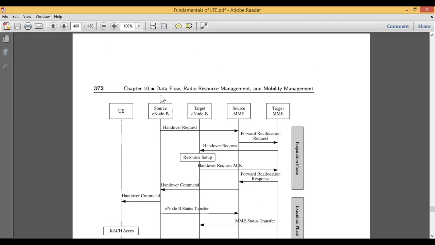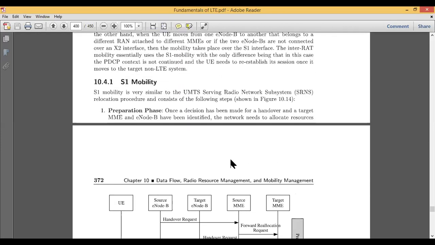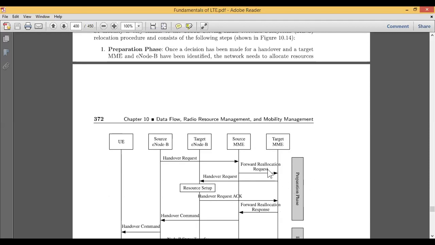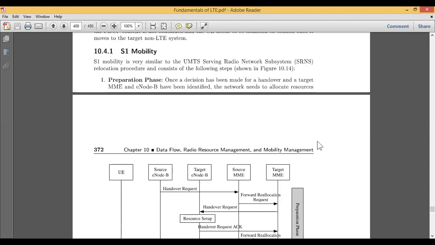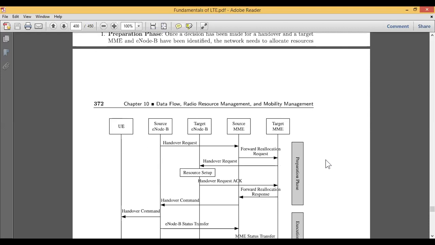Now when we go into detail of the preparation phase, what is happening there? Here you can see in the preparation phase, once the decision is made for a handover, for example, if you want to make a call from one customer to another customer, and it has been decided, and how is that decided? By dialing that particular number.